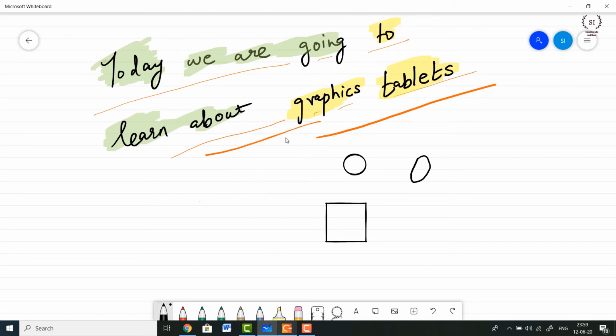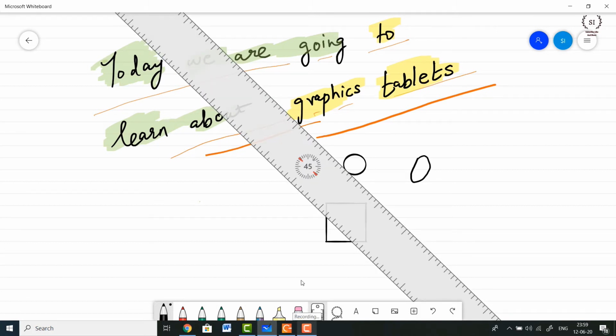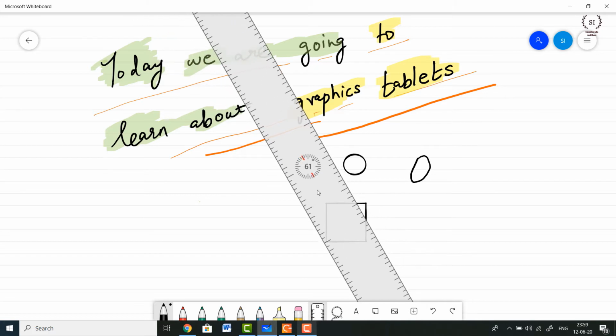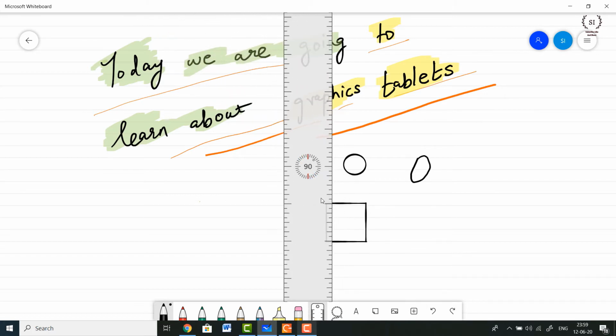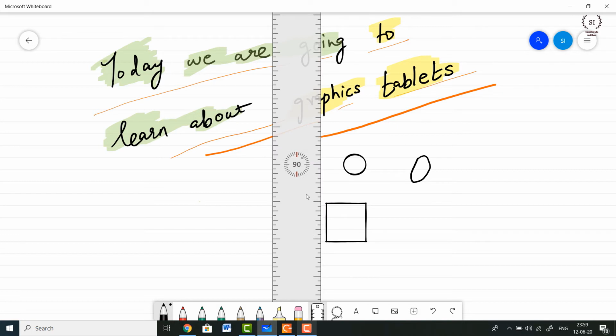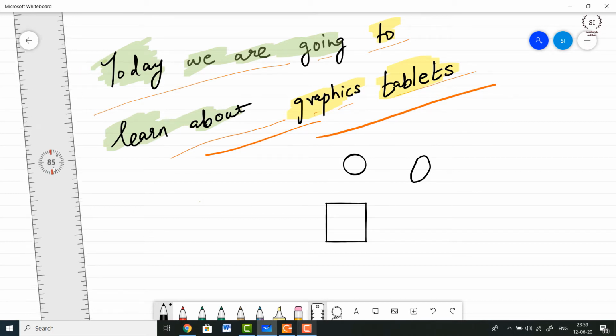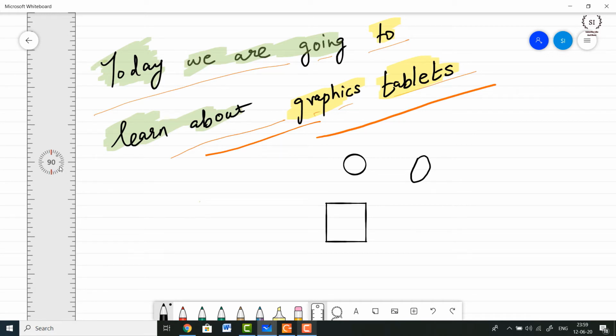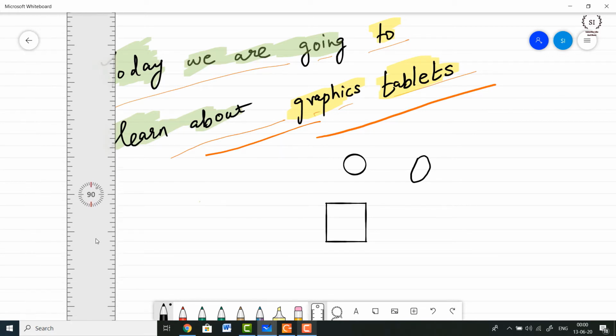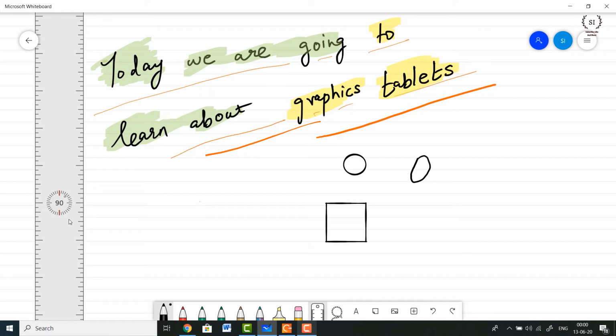So one of the most important things which I want to show regarding this tool is this ruler. This ruler comes really handy if you are drawing some sketches which need to be as per scale or as per measurement. At least you would be able to draw parallel lines with the help of this scale. So now what I did is, you need to select the scale, and with the help of the mouse you need to change the angle and set it as much as you want.